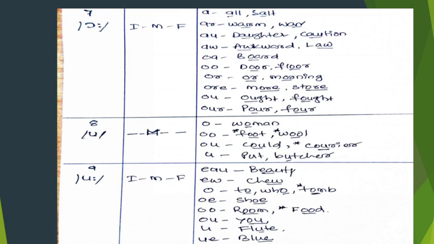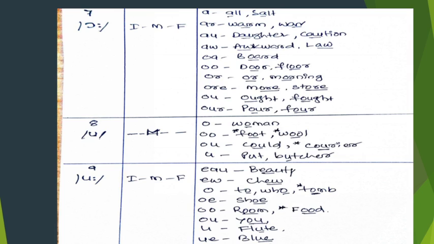With a double O, D-O-O-R, door. With OR, or. With ORE, M-O-R-E, more. With OUGH, ought. With OUR, P-O-U-R, pour. Yeah. Now you see,